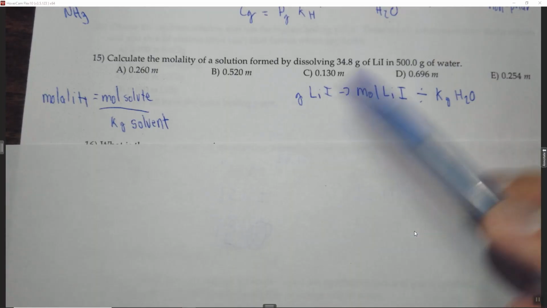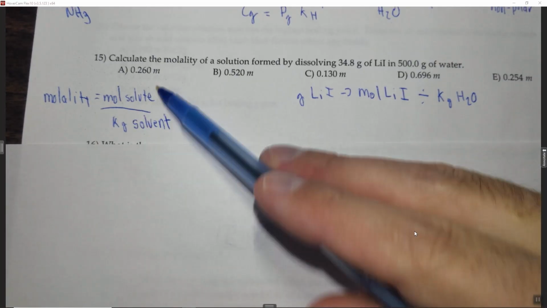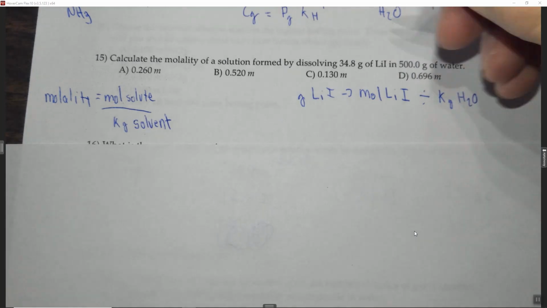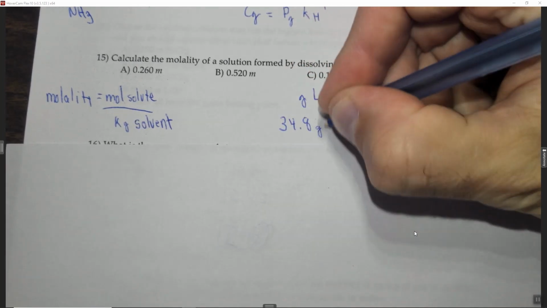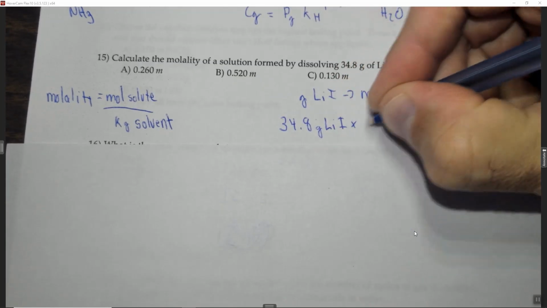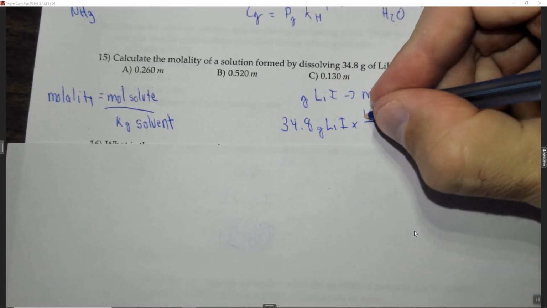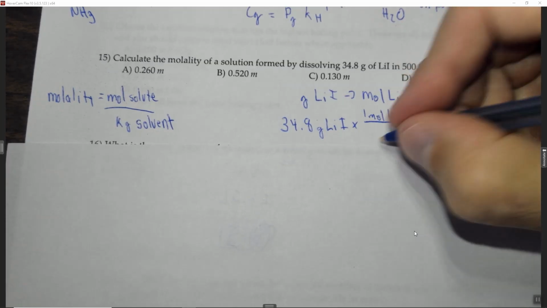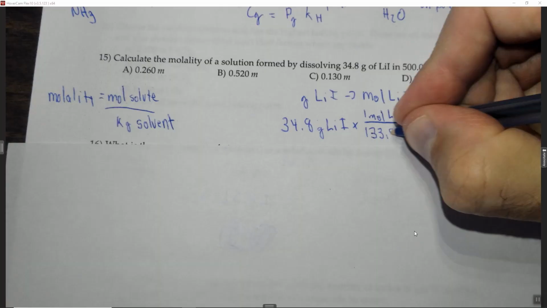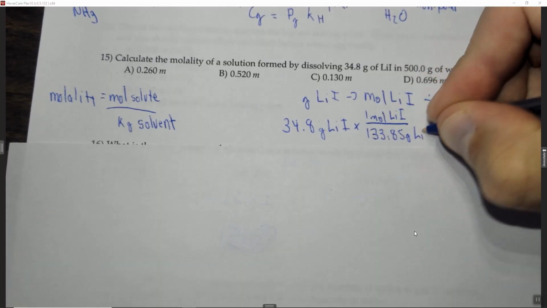You could, of course, find moles and then divide by kilograms. It's the exact same thing. So if we start with our 34.8 grams of LiI times, we want to put 1 mole of LiI on the top, and then the molar mass, which we can get from the periodic table, is 133.85 grams of LiI